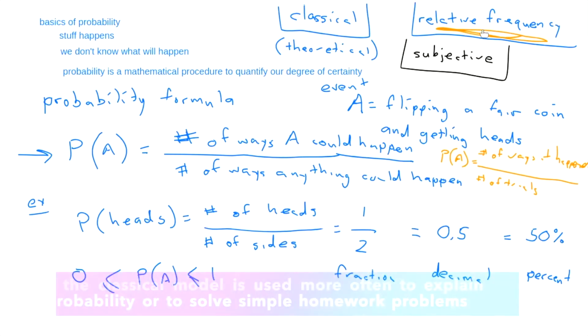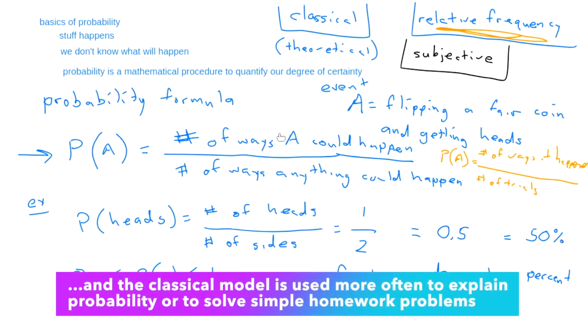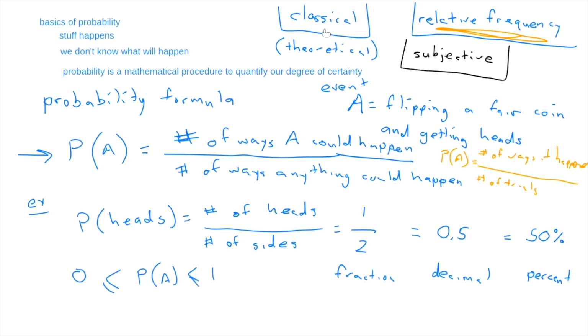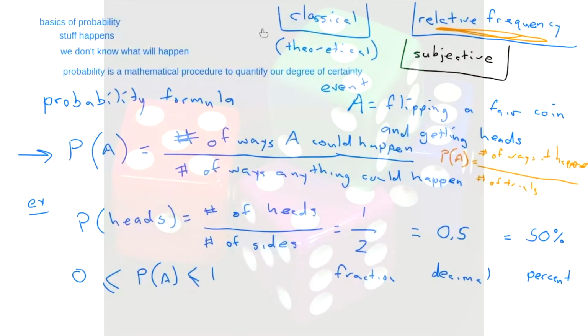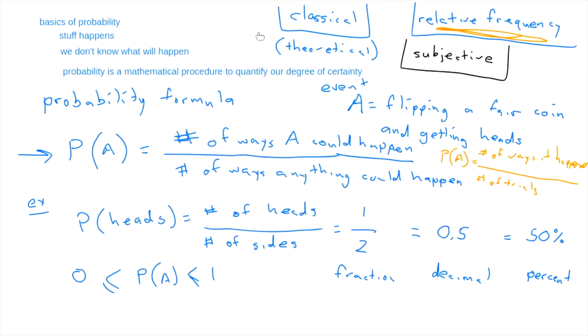The classical one, because of its simplicity, will be used a lot in the exercises. And so they will ask you about coins, right? You can flip a coin. They will ask you about dice. If you roll a die, there are 6 sides on a regular die. If you're not playing Dungeons and Dragons, you have 6 sides on a die, and what's the likelihood you'll get a 4? Well, how many ways can you get a 4? There's only one 4. How many ways can the die land? Well, 6. And so 1 out of 6.